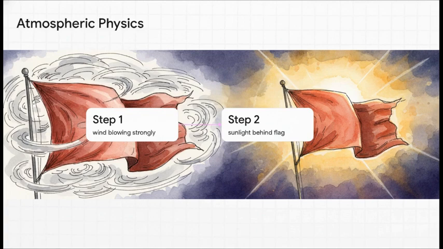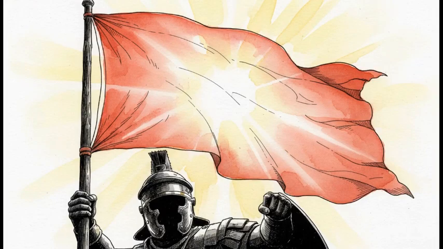Then, step 2 drops in the dramatic lighting, sunlight shining behind the flag. And this brilliantly illustrates a classic high-contrast cinematic trick. By placing the sun directly behind our subject, the flag, the prompt strictly dictates backlighting. This means you, the viewer, are essentially staring straight into the light source. It illuminates that translucent red fabric, making it practically glow from the inside out, while likely casting those soldiers holding it into dark, dramatic silhouettes. It's a gorgeous effect that guarantees the environment is actively amplifying the intensity of the scene.